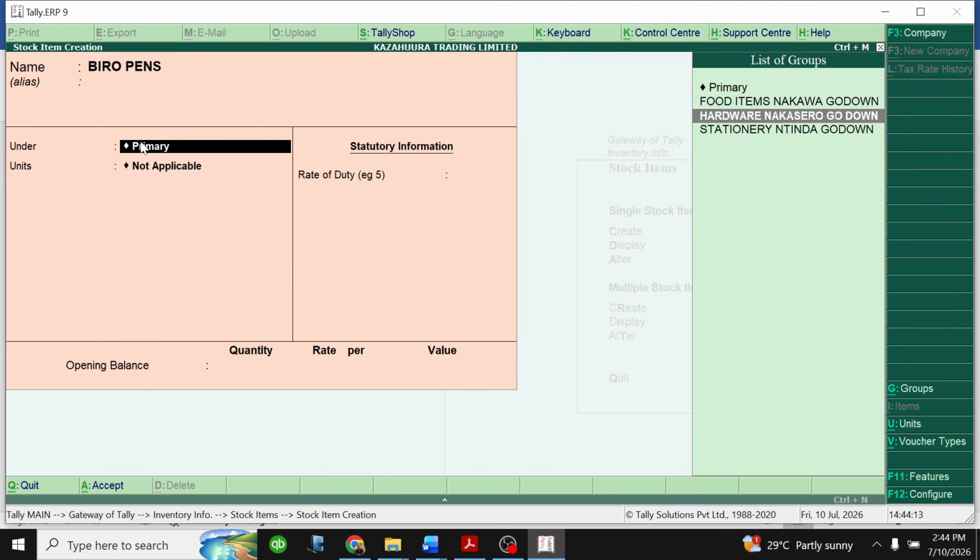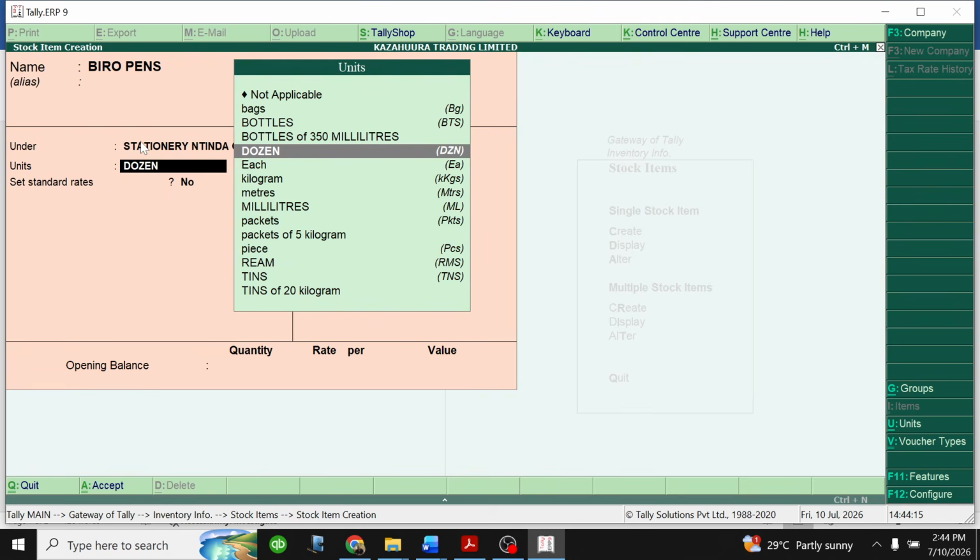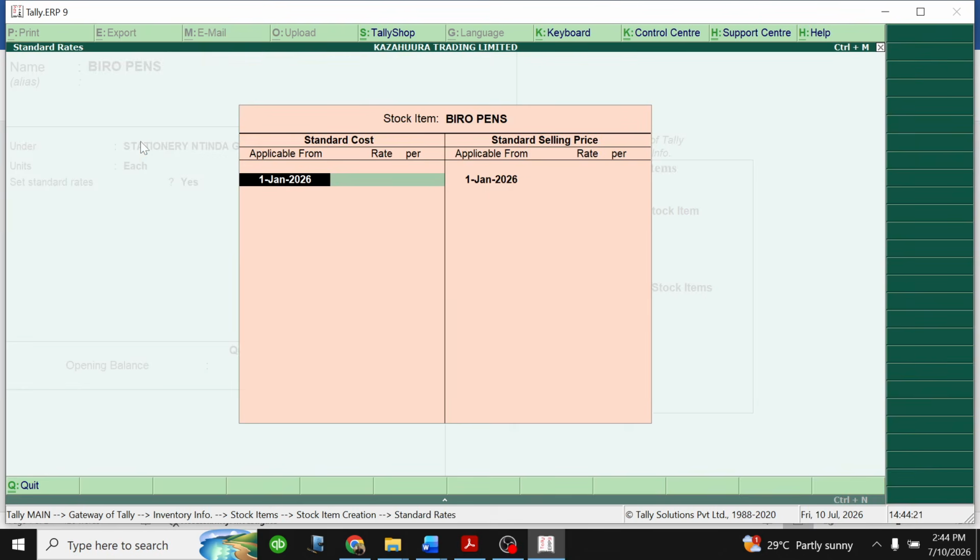The classification is of course still stationery. Then these biro pens, we sell them each. So why we standardize, we put the cost, enter. So the rate for the biro pen is 500. Then the selling price is absolutely 800 if you check,